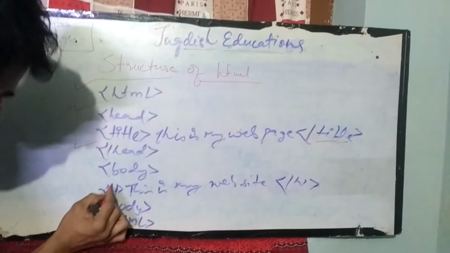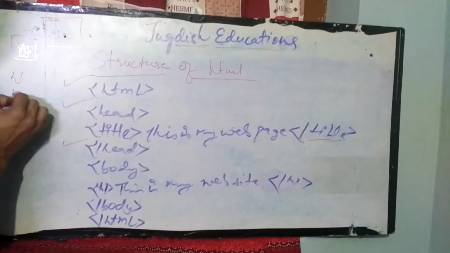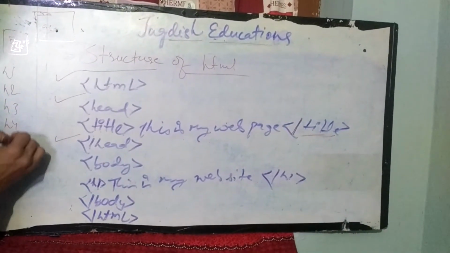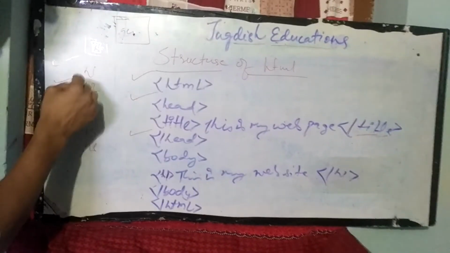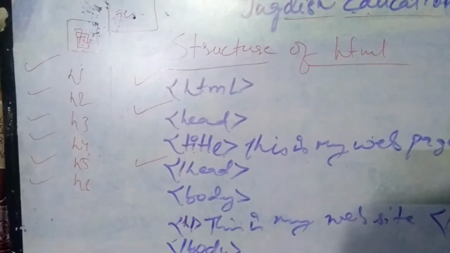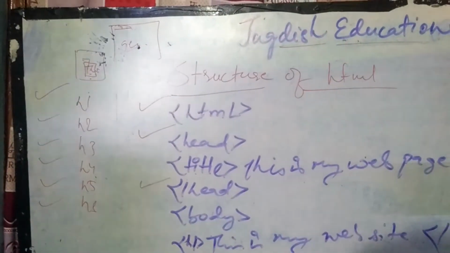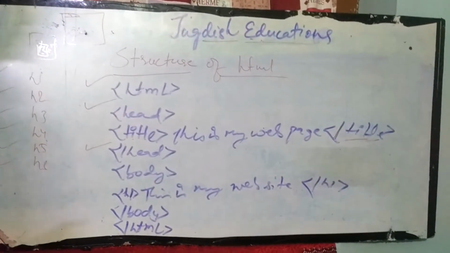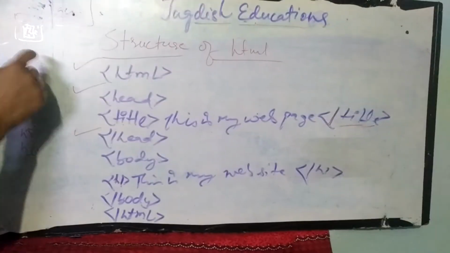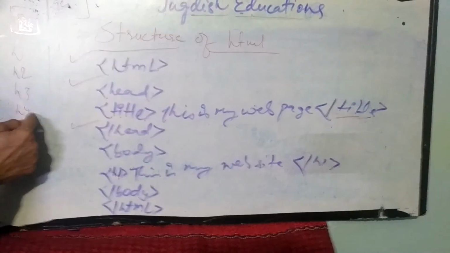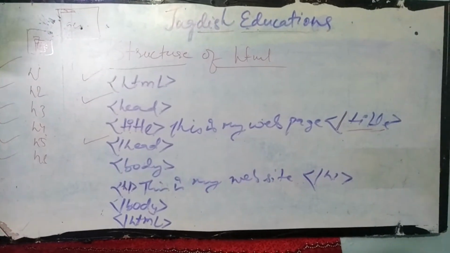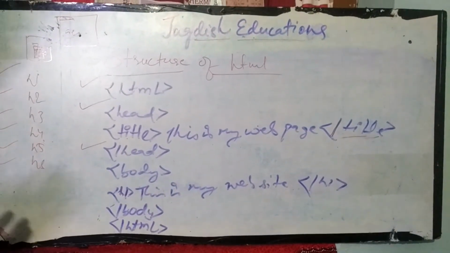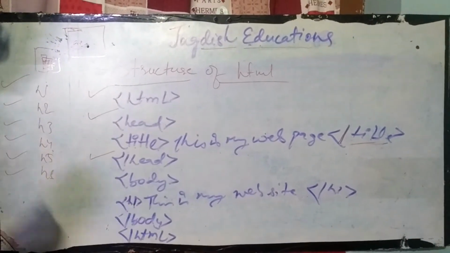In that I have used h1 here. h1, h2, h3, h4, h5, h6, there are 6 tags. So h1 is the biggest, then smaller, then smaller, and so on. They are tags that indicate the sentence or word to be bigger or smaller. So h1 is bigger, then h2 is smaller, h3 is smaller, then h4, h5, and h6 is the smallest. Coming to HTML, too many tags are there. Image tag, bold, italic, underline, too many tags are there. So in today's session I'll be just discussing the structure of HTML.